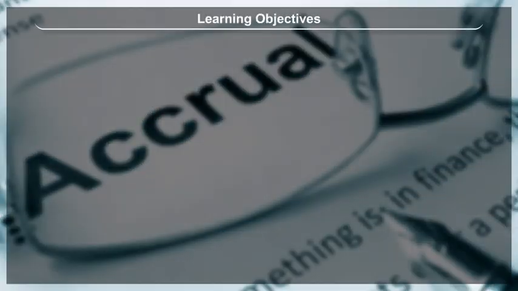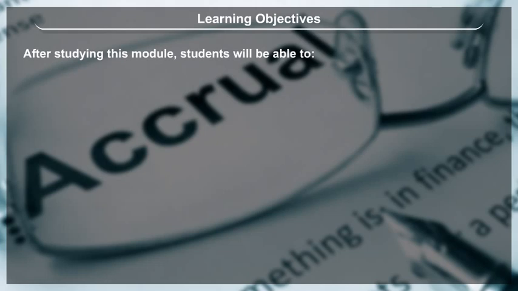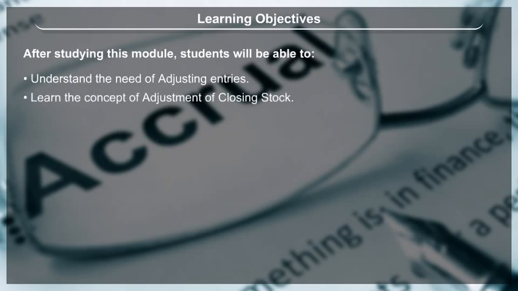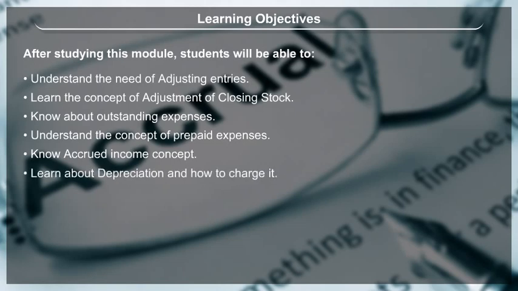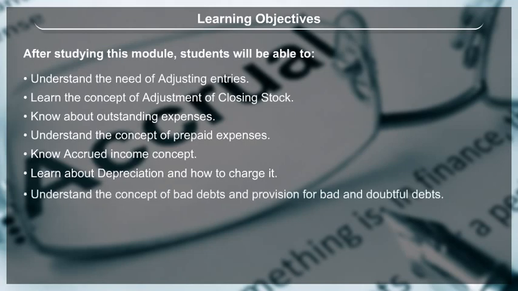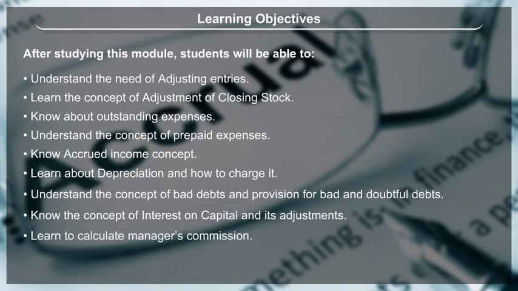Learning objectives. After studying this module, students will be able to understand the need of adjusting entries, learn the concept of adjustment of closing stock, know about outstanding expenses, understand the concept of prepaid expenses, know accrued income concept, learn about depreciation and how to charge it, understand the concept of bad debts and provision for bad and doubtful debts, know the concept of interest on capital and its adjustments, learn to calculate manager's commission,